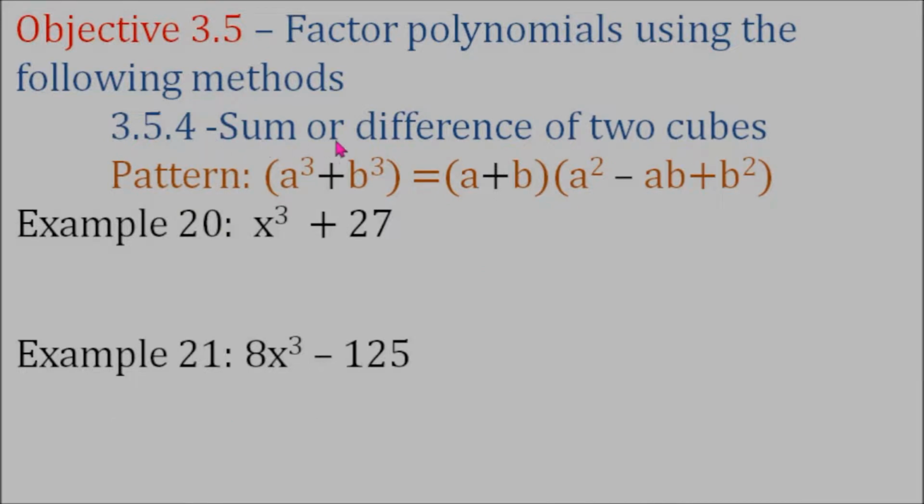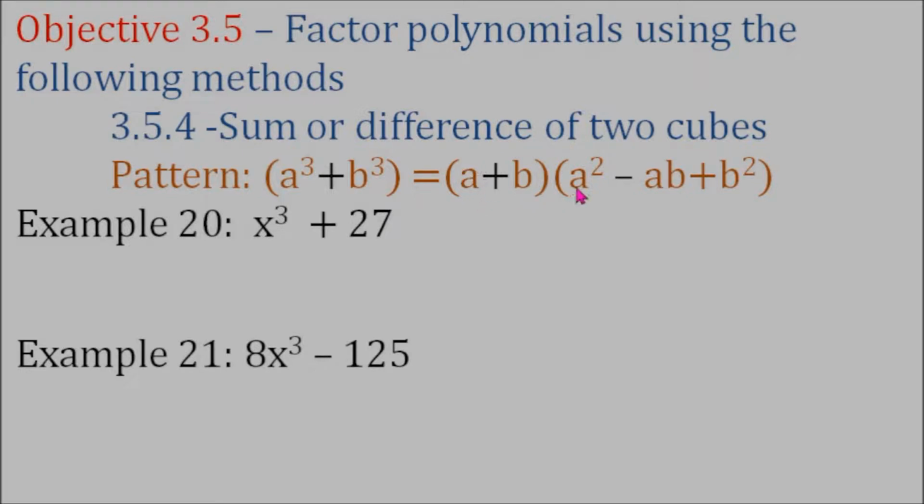This is our fourth method: the sum or difference of two cubes. So for the sum of two cubes, it's a cubed plus b cubed. The factors are one binomial and one trinomial. So for our binomial factor, we will just get the cube root of a cubed, which is a, then the cube root of b cubed, which is positive b, and then for our trinomial factor, we will just square the